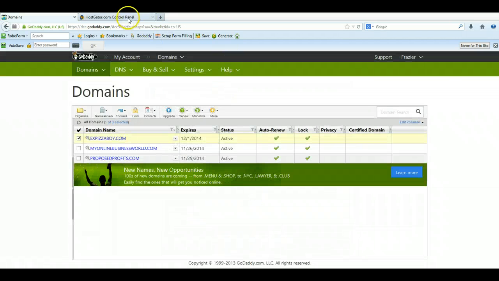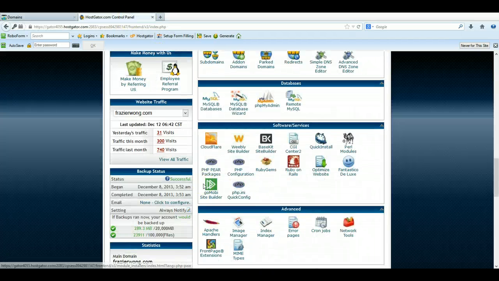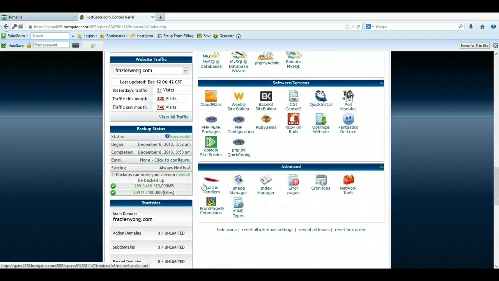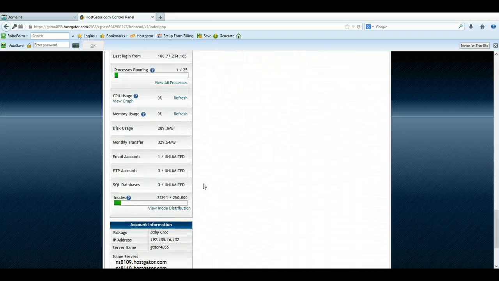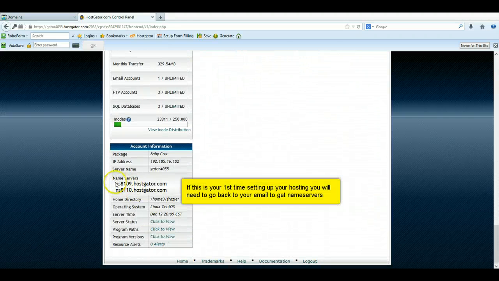And let me just go back to name servers over here. If you go down here, you can see where is it at? It will say it, and here's the name servers. So this is the name server for HostGator. So in order for the domain name to be transferred over to HostGator, this setting has to be set up in GoDaddy. So let's go back to GoDaddy